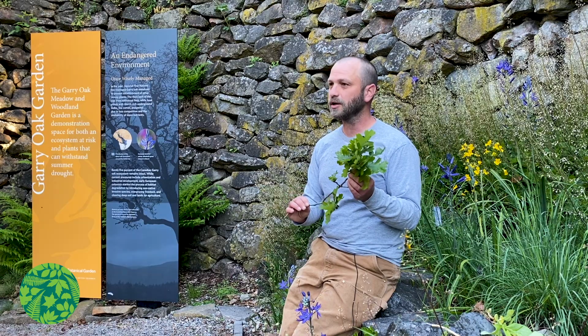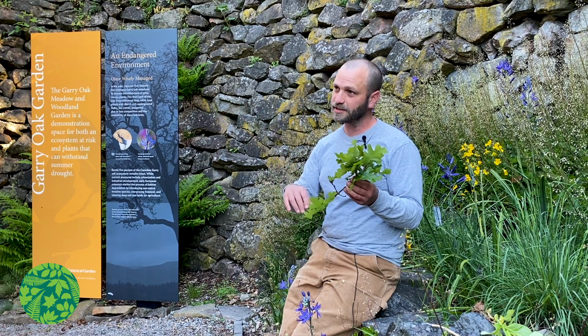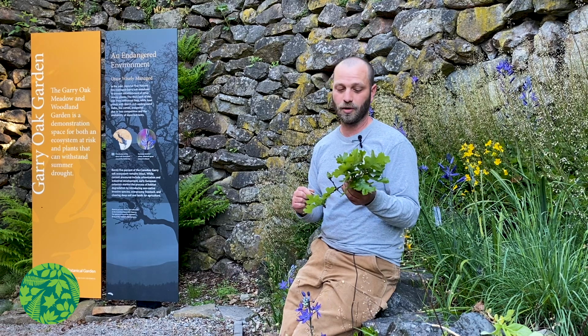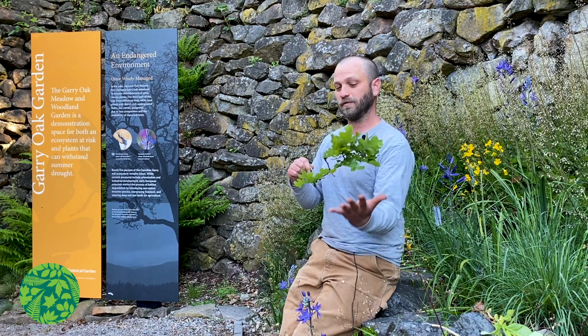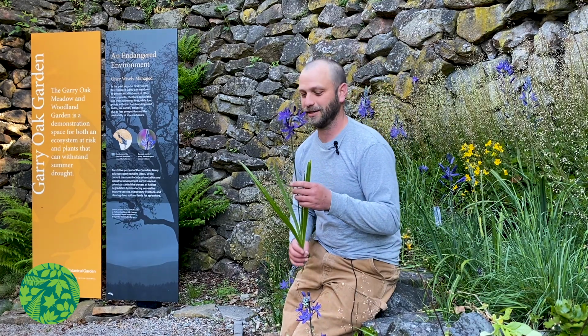And as a result, early in the spring, when abundant light is coming in, the soils have lots of moisture in them from our winter rains, and the heat starts to build up in the soils, the plants underneath grow very vigorously prior to the leaf emergence on Garry Oak. A very sort of iconic plant in these Garry Oak meadows